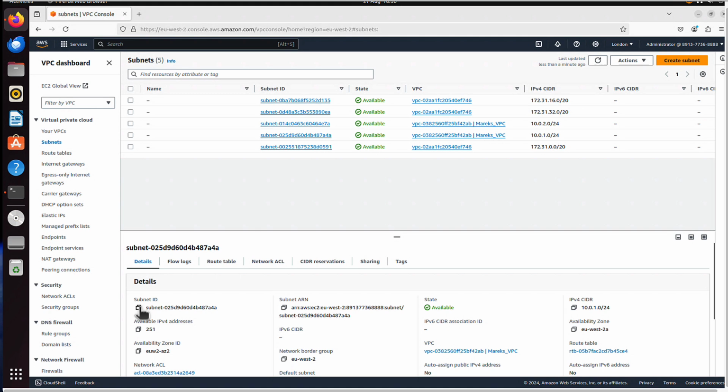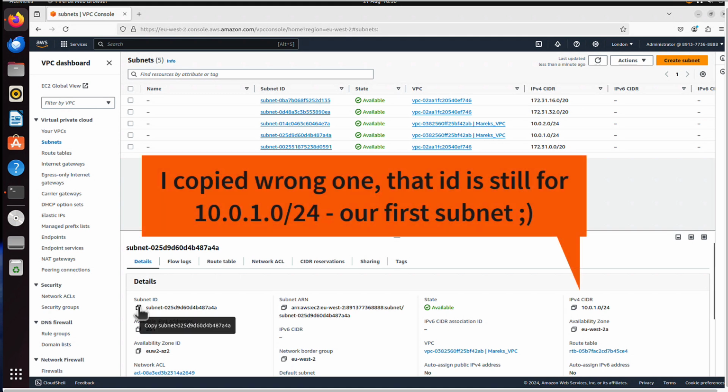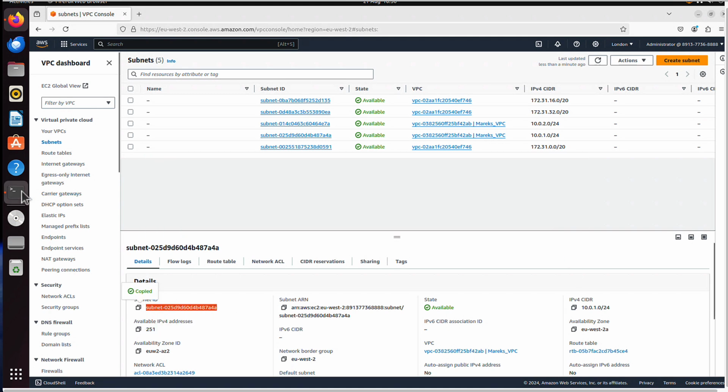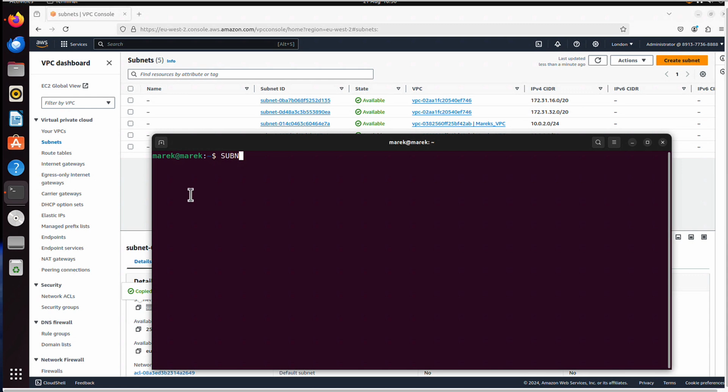I can copy it from here. I can use these two rectangles to copy the subnet ID. I can go there. I mean, you don't have to create those variables, it's not necessary, but the more commands we run, the more you will see why I do that. It's much easier to reference the subnet2 ID rather than this long, blah blah blah. But okay, we've got VPC, we've got 2 subnets, now we have to create an internet gateway.